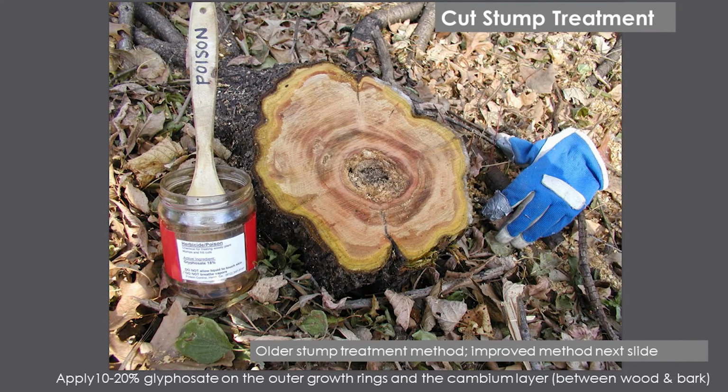So you can cut in the summertime, but you have to leave a tall stump and then come back when it's appropriate for stump treatment, make your final cut in the fall and treat it. Does that make sense? The devil's in the details, isn't it? So this is a good method.